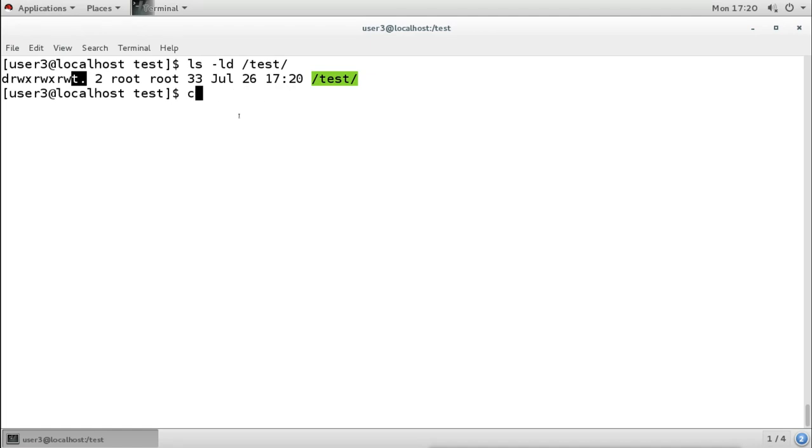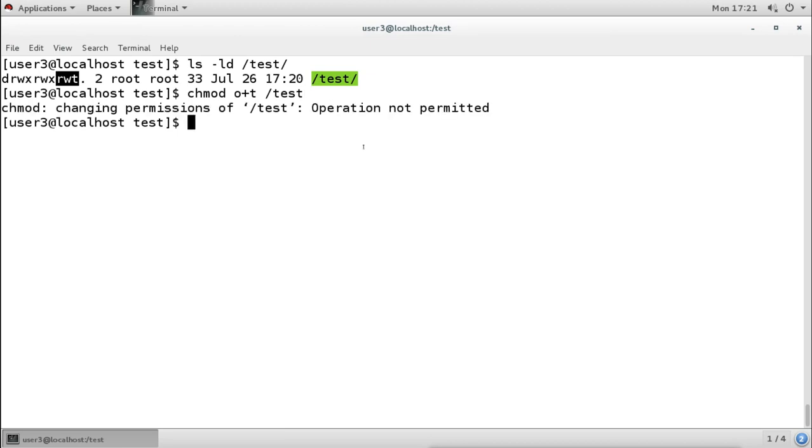So we use chmod 1777 for the directory. This is what we used numerically. But suppose you want to configure the sticky bit symbolically, we can do this by using this. For the other users, we will add t. Remember, it is in the other users, and we can see the t there. So this is the way we can add the sticky bit symbolically.